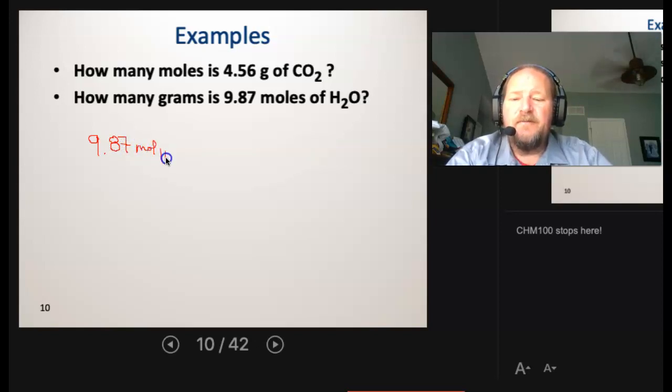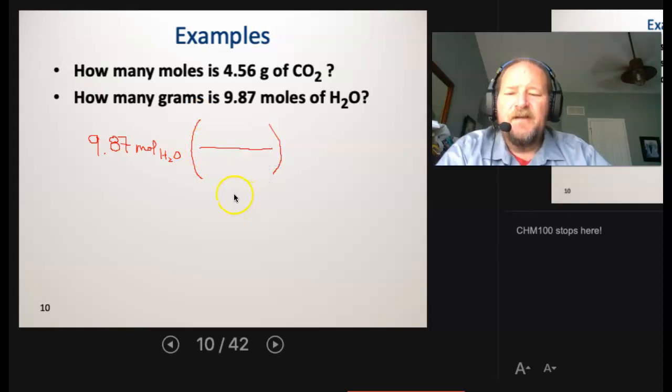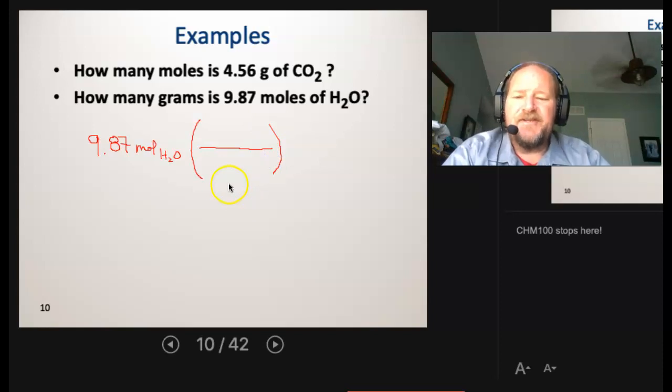Of H2O. I'll set up my brackets again because it's just like conversion factors. I've been doing this the same way all semester. Hopefully you're taking advantage of that or using a different technique. All right, I want to get rid of moles. So for every 1 mole,